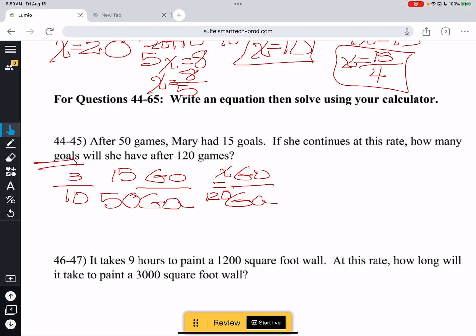Tully, what'd you get? 90. Not 90, 36. 36. Let's look at something. You can simplify. Now, of course, you would do the math, but you could say 3 over 10. This gives it to you without you really even having to work. If you simplify, you'll end up with 3 over 10. And how do I get from 10 to 120? Times 12. And then 3 times 12 gives us 36. So either way,